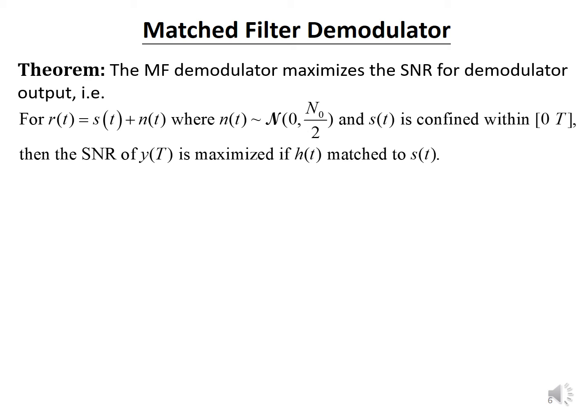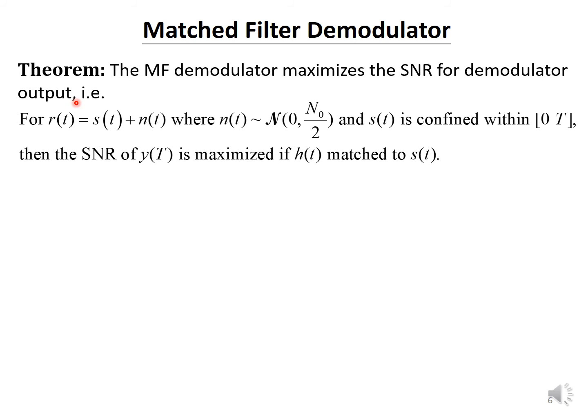Because the demodulator output goes to the input of the detector, so the SNR at the detector input affects the performance of the detector. The higher the signal to noise ratio, the better the performance of the